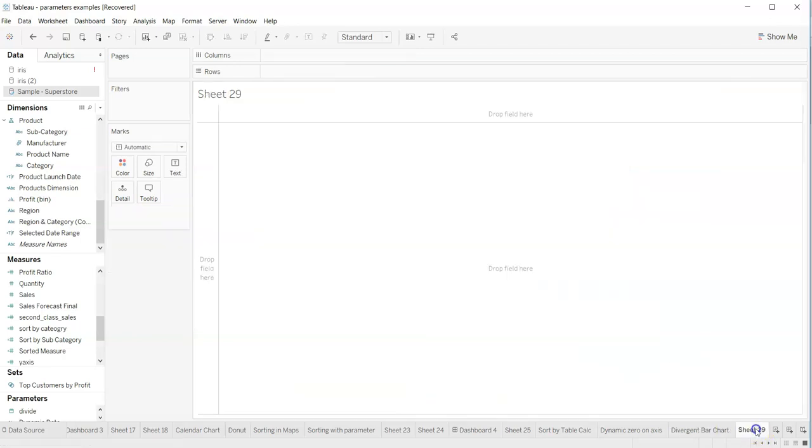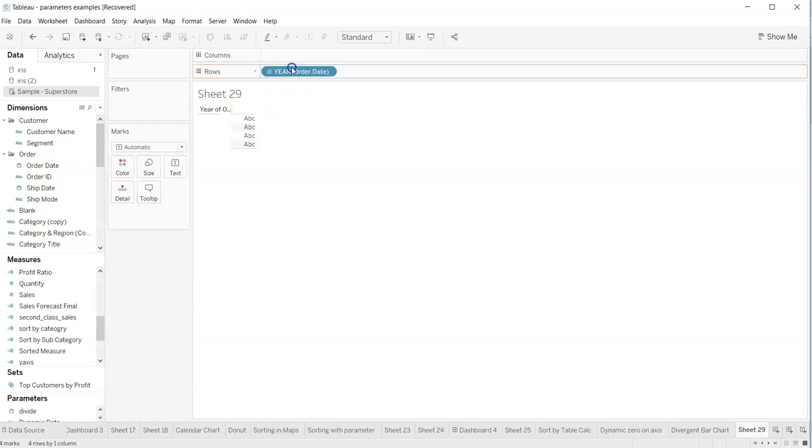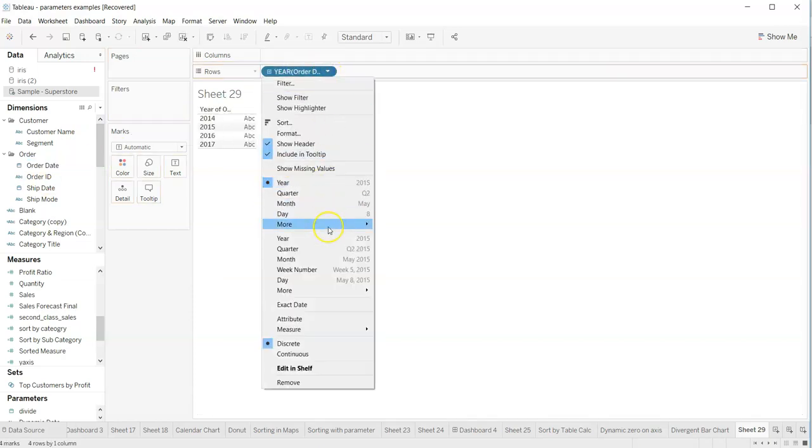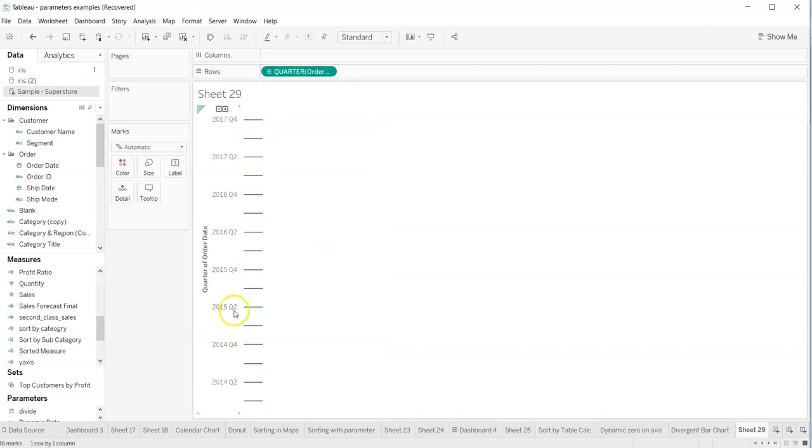So what I'll do is go to the new sheet, and what I had over there is the year, so I will get it from the order date. So if I go and check where my order date is, here it is, and I want it on year. And I will select over here which is quarter. So now I have this quarter properly lined up to cover up this page,